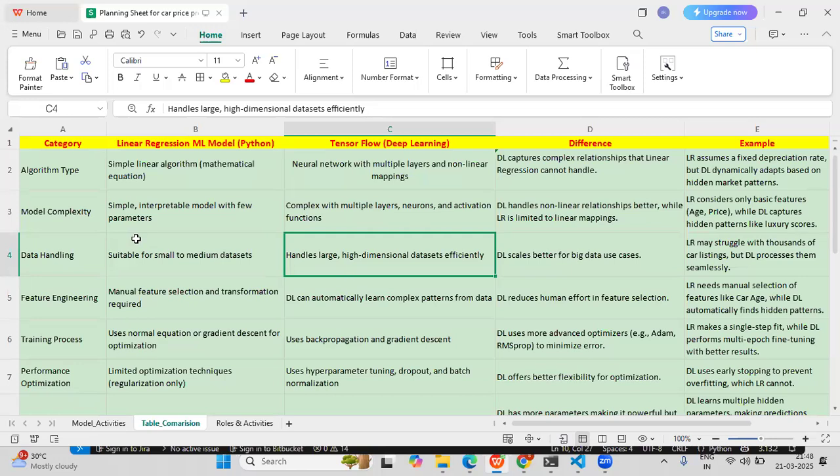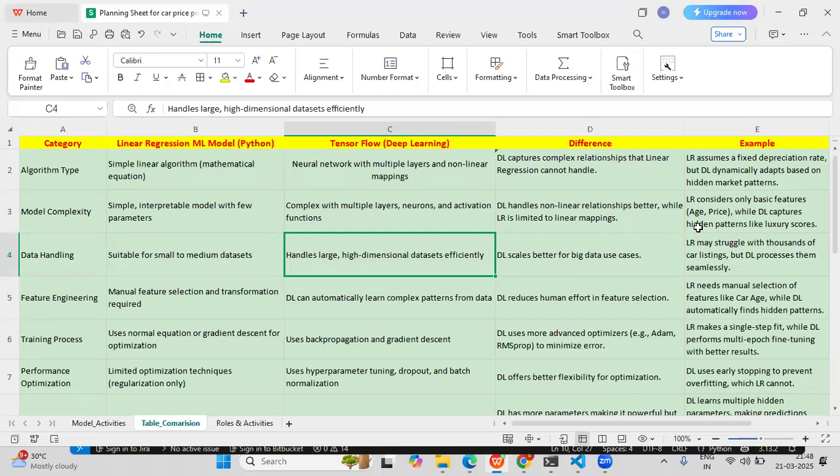Deep learning handles non-linear relationships between features in a better way, while the linear regression model is limited to linear mappings. We can't handle non-linear relationships with linear regression because it is a simple linear algorithm, good for an interpretable model, not for a complex multi-layer model.